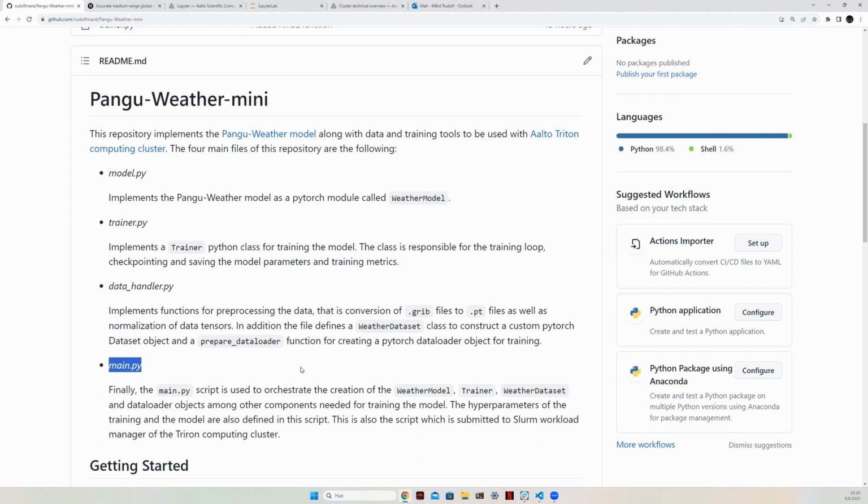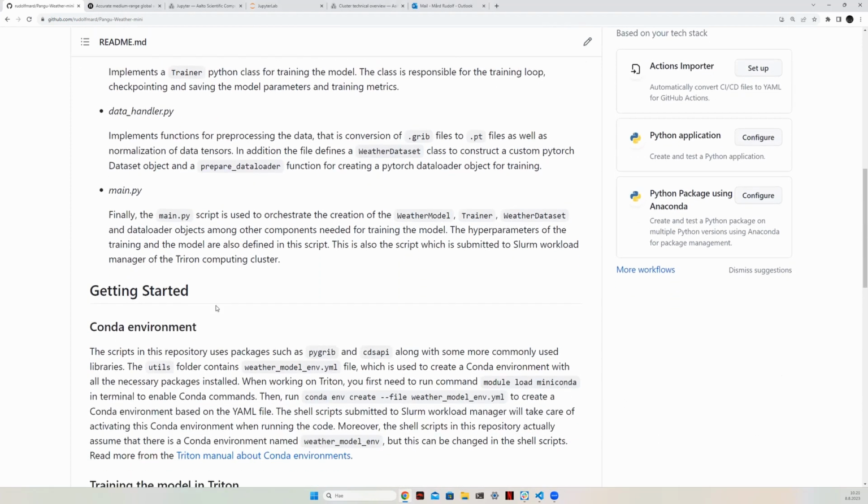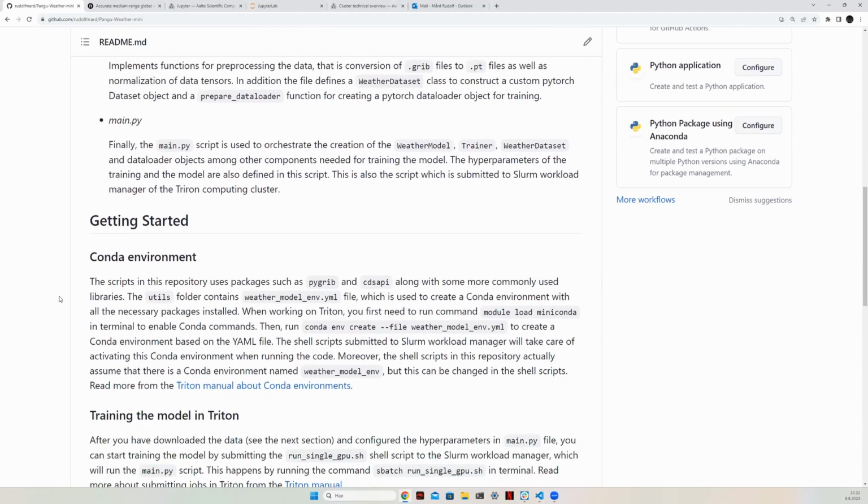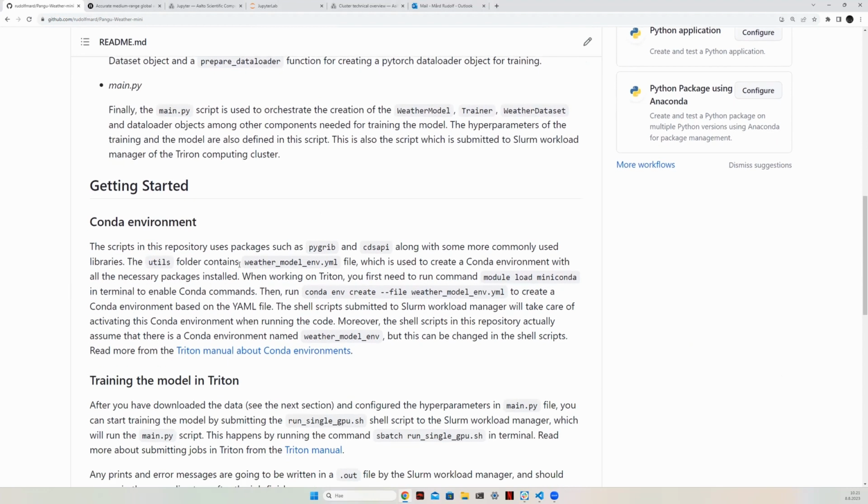Okay, so these are the 4 main files in this repository. I have also written some tutorial type content on the GitHub repository about how to use Conda in Triton.